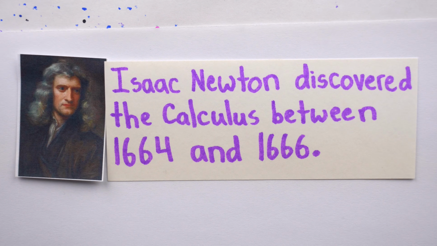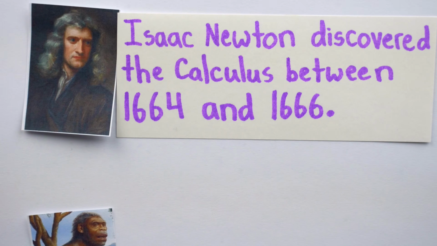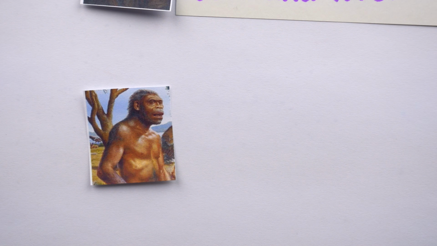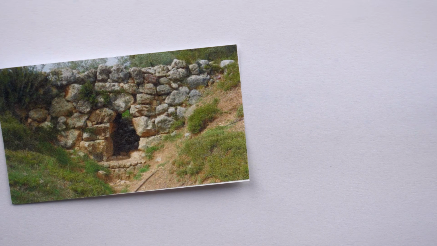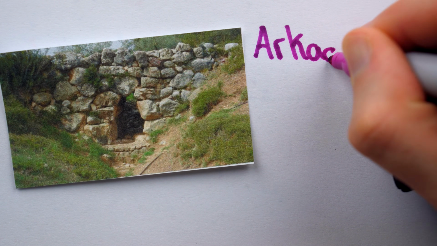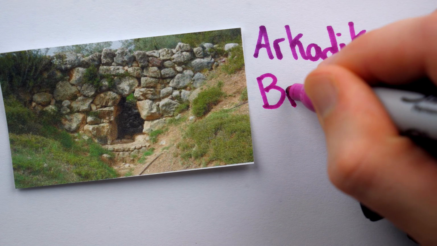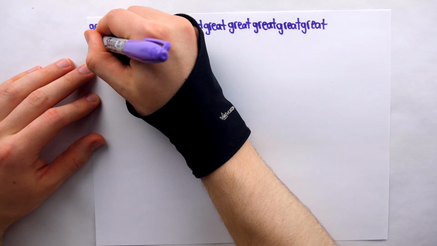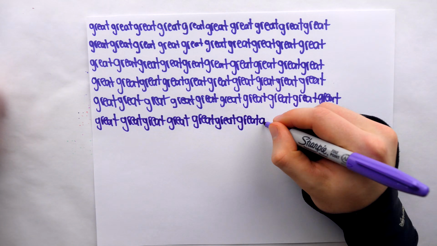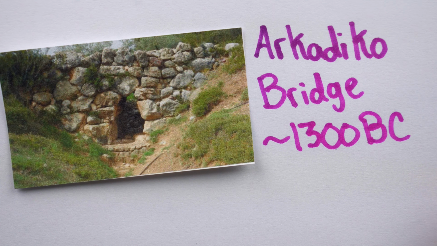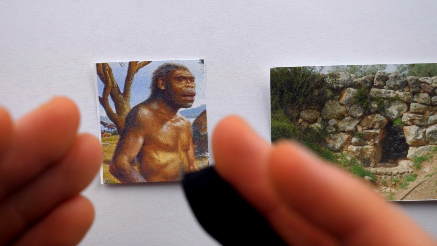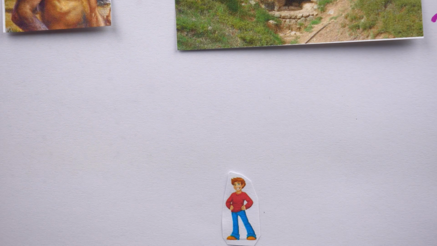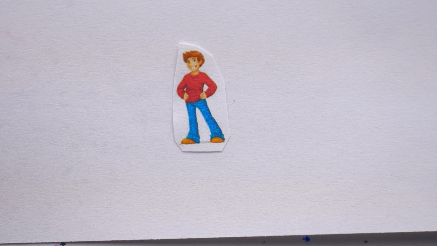Calculus is pretty modern. Bridges are not. But ancient people could have found themselves facing this exact same problem. For example, the Arkadiko Bridge in Greece dates back to 1300 BC, when Isaac Newton was merely a twinkle in his very forward-thinking great-grandpappy's eyes. So, if an ancient fella encounters a similar issue in the course of his life, how can he proceed without the powerful calculus which Adam wielded so mightily?